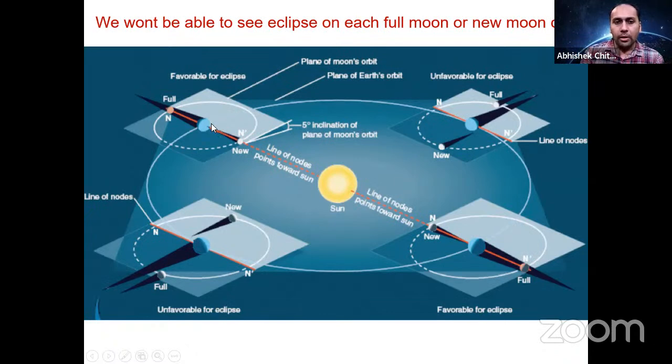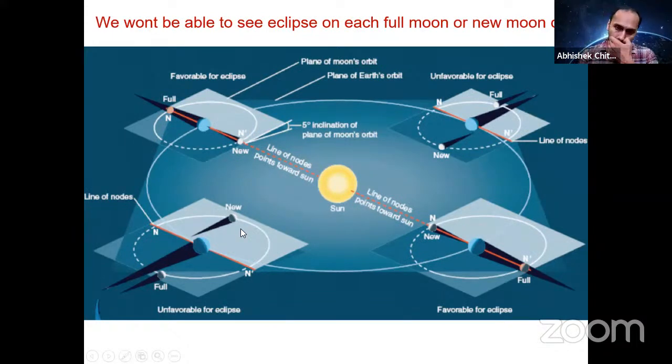So here and here, in these two cases, lunar eclipse is happening, but in this and this case, since moon is either above the shadow or below the shadow, or earth is above the shadow of moon or below the shadow of moon, you can't see eclipse. Okay, so these are two cases, this one and this one, which are favorable for eclipse,